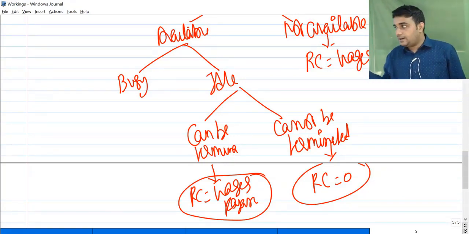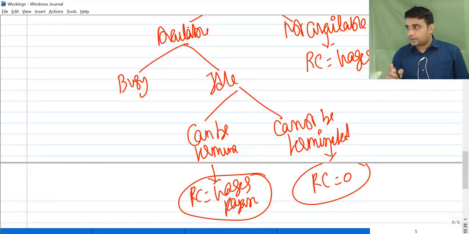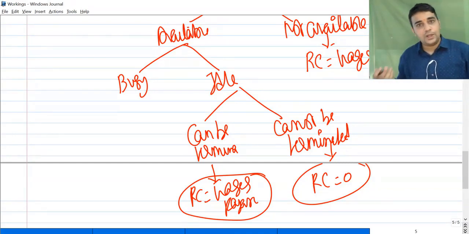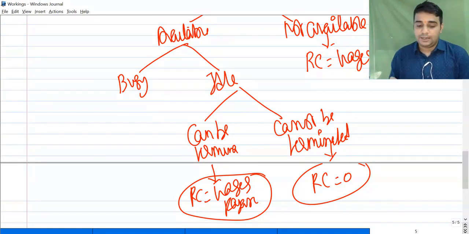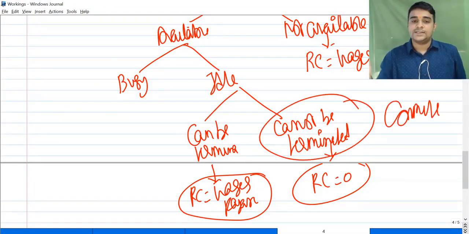So if you are not paying salary in one scenario, you are paying salary in the other scenario, relevant cost is what you pay. Relevant cost is yes minus no. So in a yes scenario, you will have to pay salary. In a no scenario, you need not pay salary to the person. So if the person can be terminated, in simple words, this is a committed cost. You can't do anything. It's irrelevant.